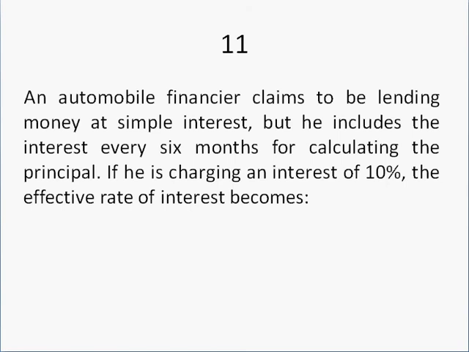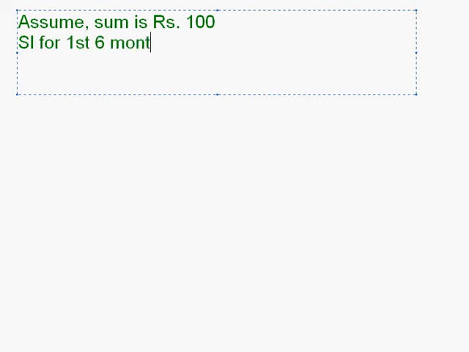So in questions of this kind where we need to find out the effective rate of interest, you should always assume that the principal is rupees 100. Assume the sum is rupees 100. Now simple interest for the first 6 months would be equal to what? Simple interest for 6 months would be equal to PRT upon 100. It will be equal to the principal, that is 100,